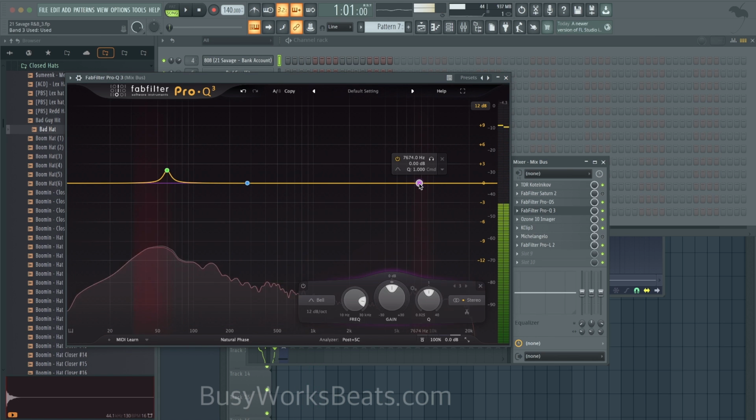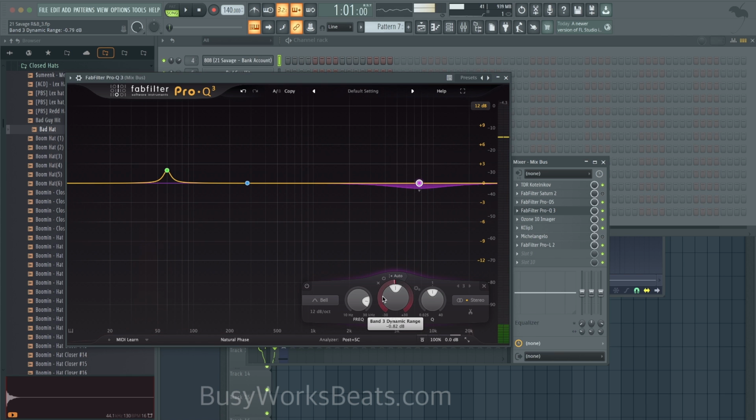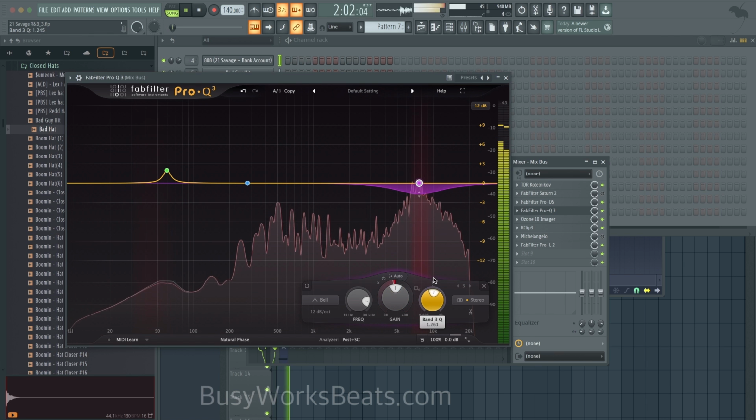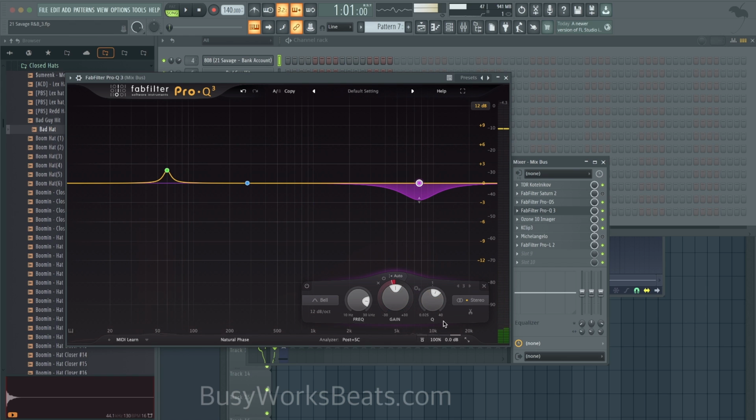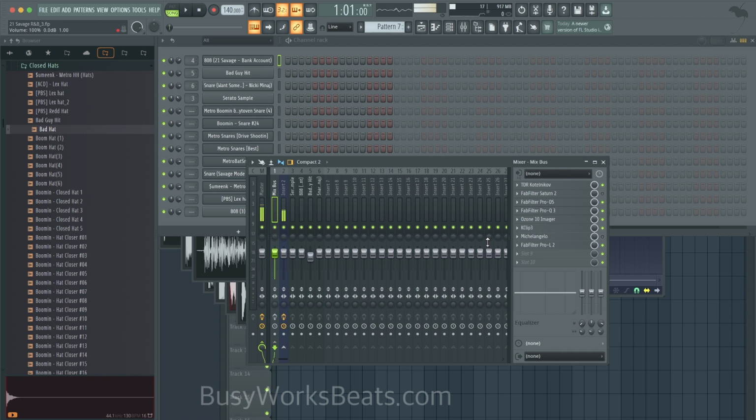So let's say you wanted to deal with the hi-hats. You could just quickly do a dynamic EQ, sharpen the Q right here. It even has heat maps and all types of stuff where you can understand masking and all these different things. There's just so much to this plugin that I don't have time to really go through all of it. It would just take up way too much time.